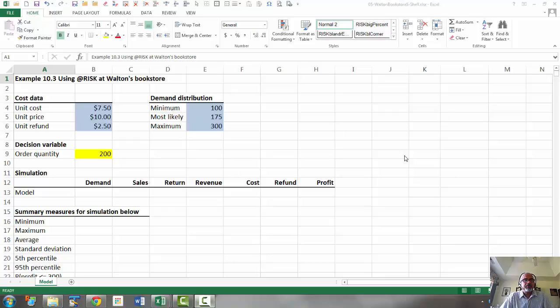Next example is the same problem, Walton's bookstore. We still have the cost of buying calendars at $7.50. The sale price is $10, and anything unsold can be returned for a refund of $2.50. Now, we start with an initial decision variable value of order quantity of 200, based on that being the average